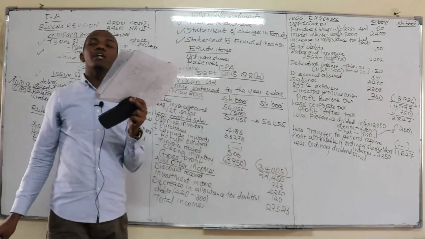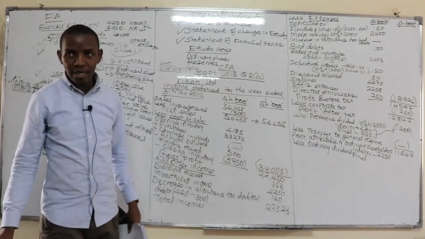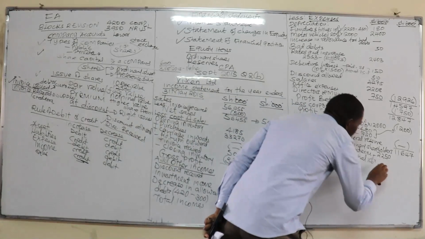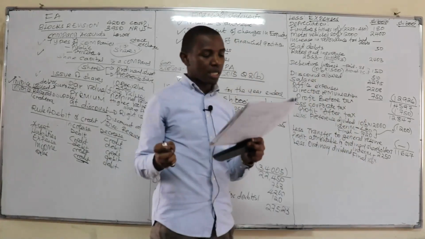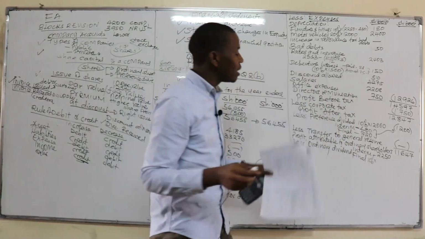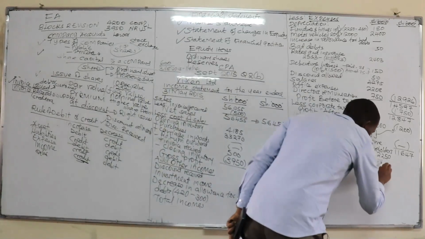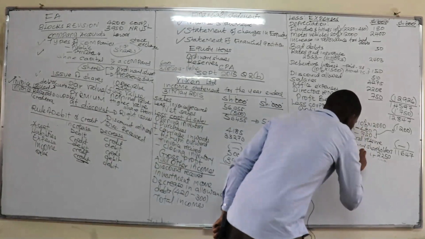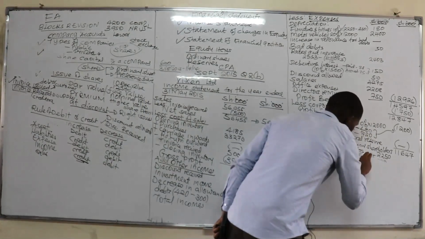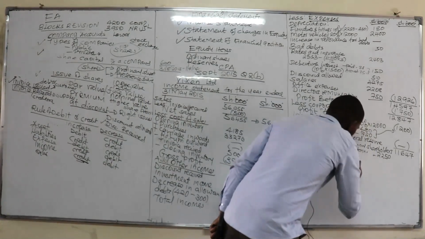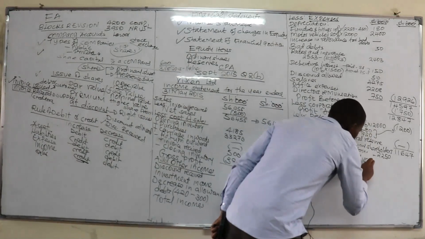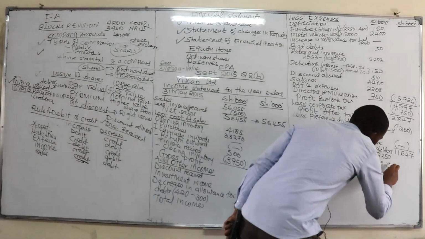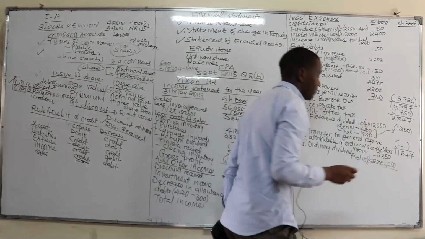A final dividend of 10% was declared, meaning that in this case, you have to take the 10% of their total preference share capital, which in this case is 22,500. So let me just have it here. This is interim. So for the final will just be 10% of 22,500, which in that case will also be 22,50.